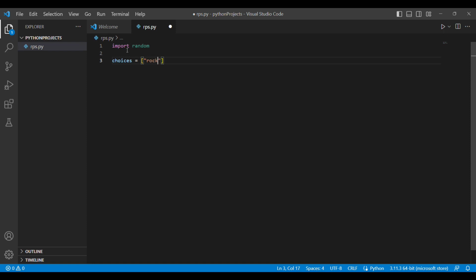So it's going to have rock, paper, and scissor. And we're going to initialize the player score and the computer's score, which are both going to be 0 at the start of the round. So we're going to have 0 for the player score, and 0 for the computer score as well.